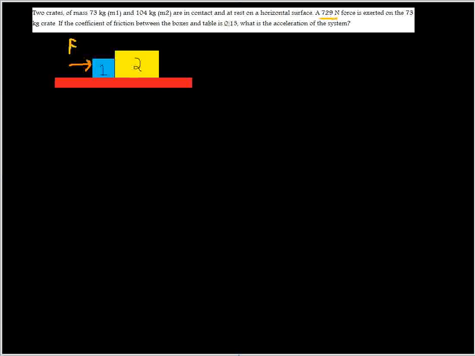One of the things that's really important for us is that we're looking for the acceleration of the system. So I'm just going to go ahead and write that over here, just so that I don't lose sight of what we're looking for. We're also told that the coefficient of friction between the boxes and the table is 0.15. And this is actually very important because it makes the problem much simpler than if each box interacted differently with